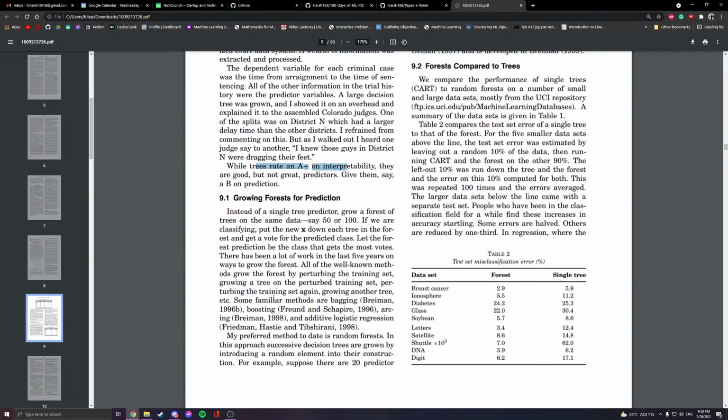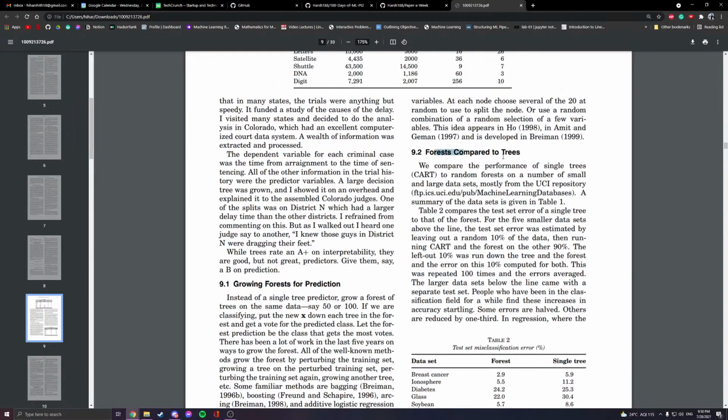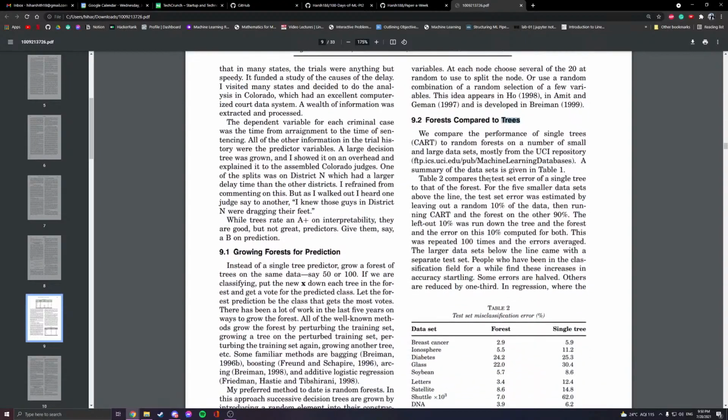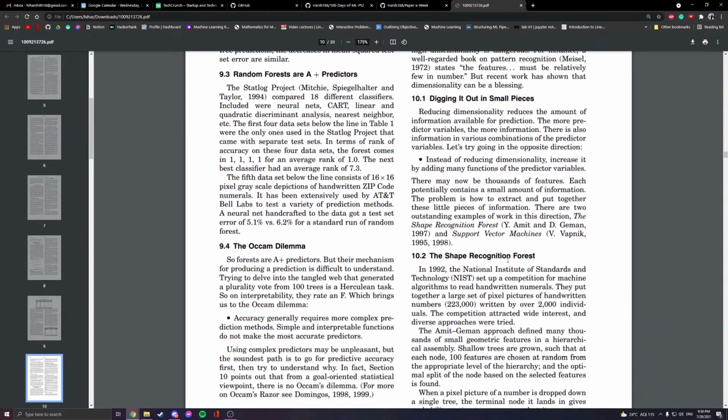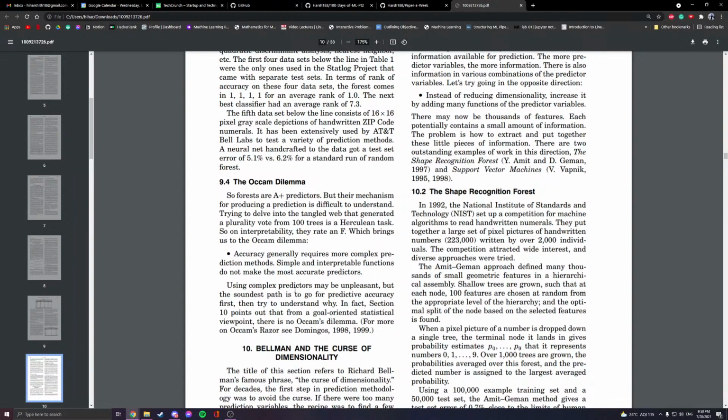So when we increase the complexity of the model by going into forests, which is multiple trees, I'm not really sure what the difference is between forests and trees, but I'm pretty sure it's just a more complicated, convoluted version of a tree. And we see a sudden increase of accuracy from this change in model due to the higher complexity at which it works.